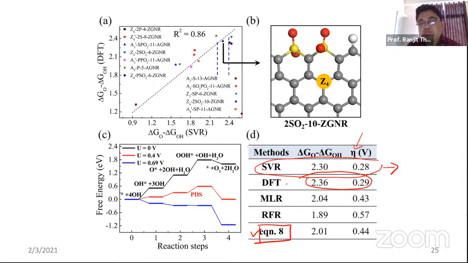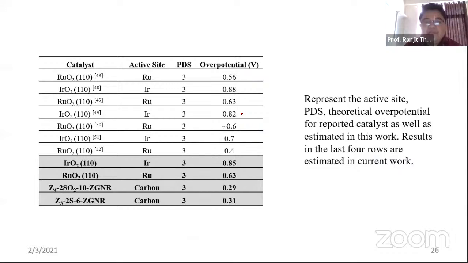And why is this important? Because we have defined the fundamental descriptors, not random descriptors or features. Then, with the experimentalists, we have compared which are the best catalysts as per today's potential determining steps. You can see that we found this is the structure which experimentalists can try to make, so that it could be a new generation, a new catalyst for OER.